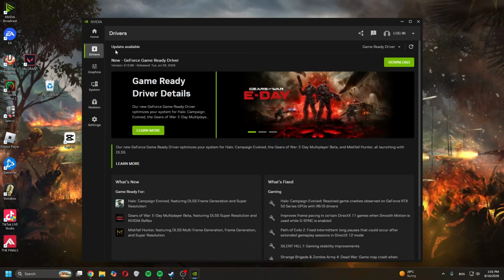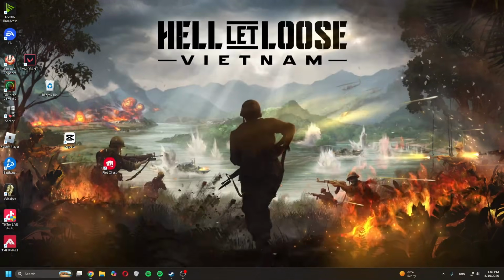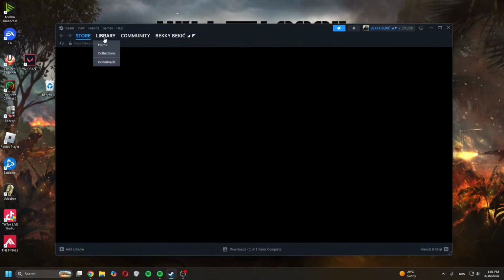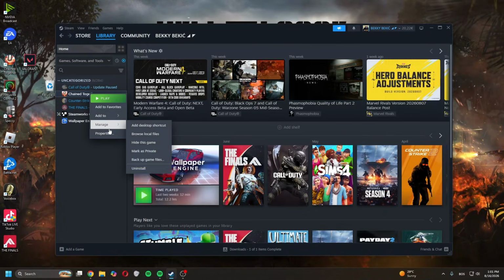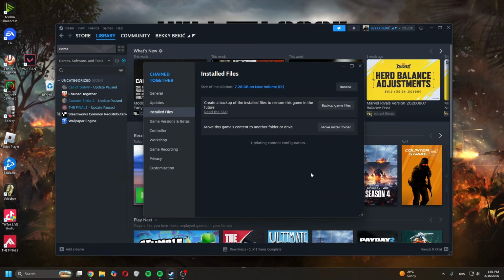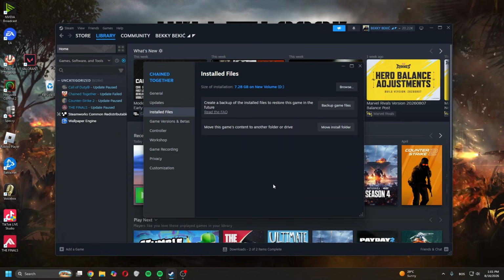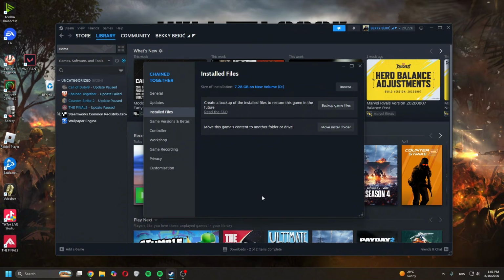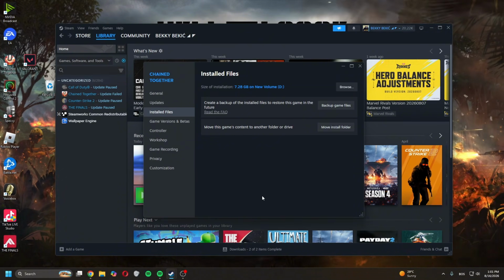And while the driver is updating and installing, you want to go to your Steam, go to your library, find your game, right click on it, go to properties, go to installed files, and simply click verify integrity of the game files. And after it's done verifying and you update the drivers, restart the PC and the game should work